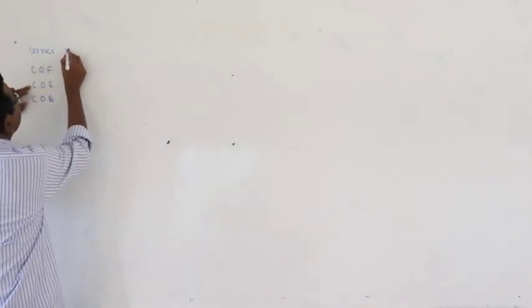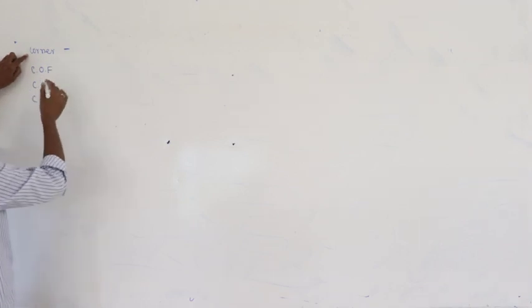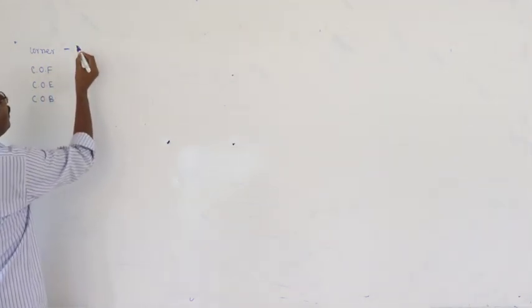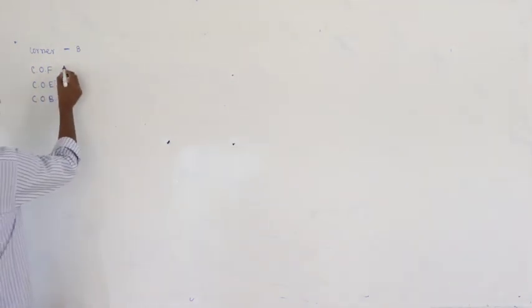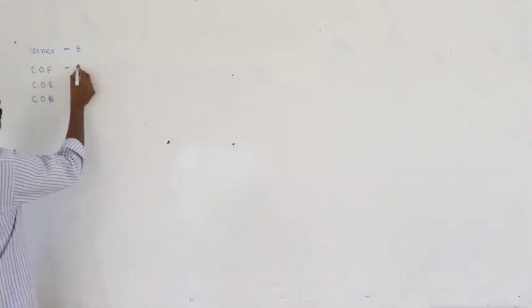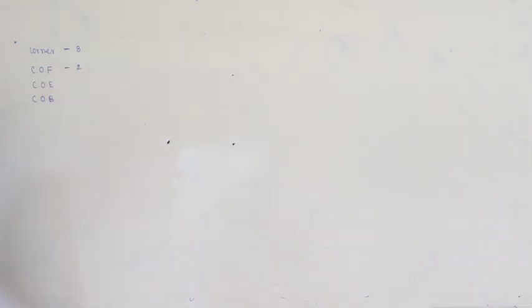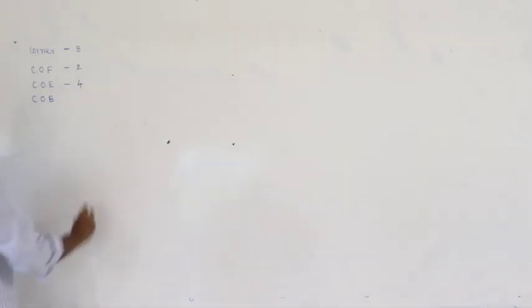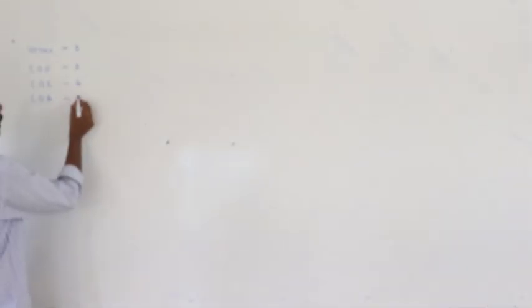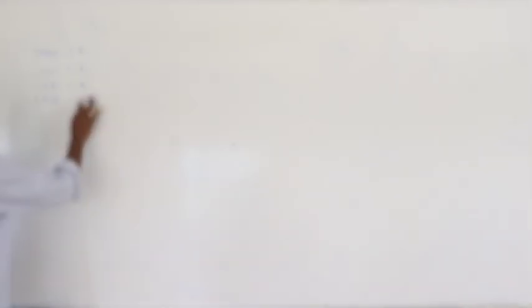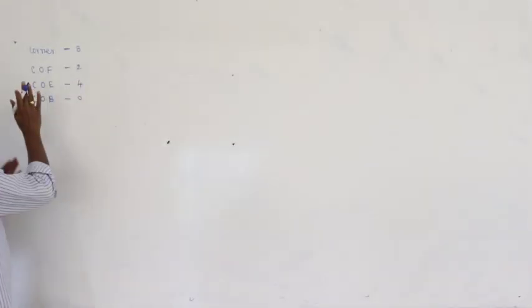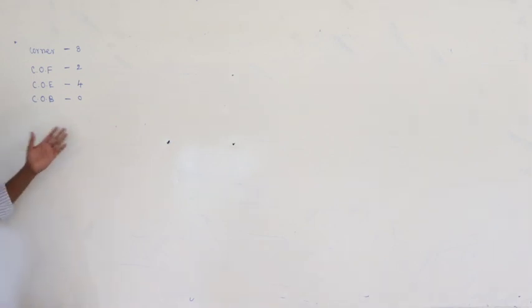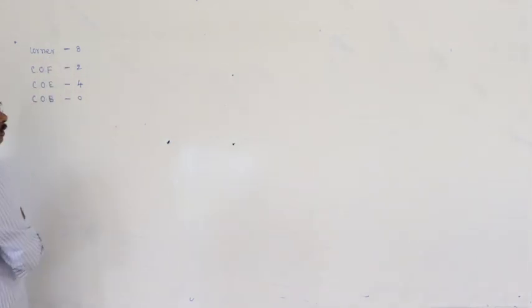And here, the ion which is present at the corner is shared between 8 unit cells. Ion which is present at the center of the face is shared by 2 unit cells. Ion that is present at the center of the edge is shared by 4 unit cells. Ion that is present at the center of the body will not be shared by any other unit. Its whole contribution goes to 1 unit cell only. Right.